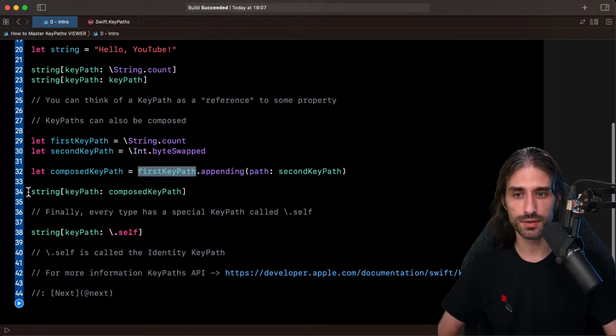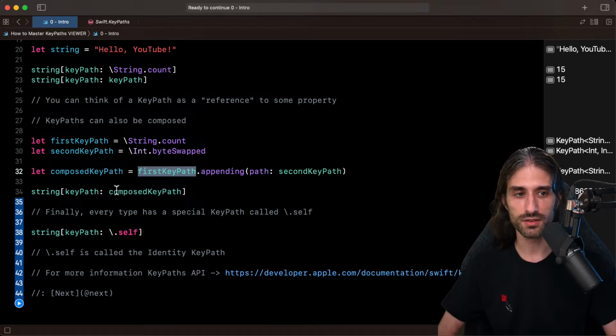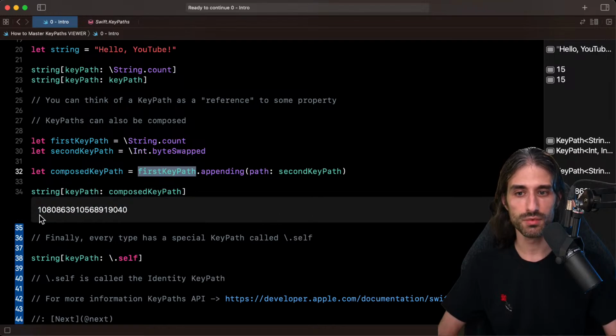And then I could very well invoke this composed key path. So let me do it, and let me show you the result. This is a weird thing, because we've taken the byte representation of the integer and we've swapped it, so it looks a bit weird. I just wanted to call a property that was specific to integers, and we can see that it works.